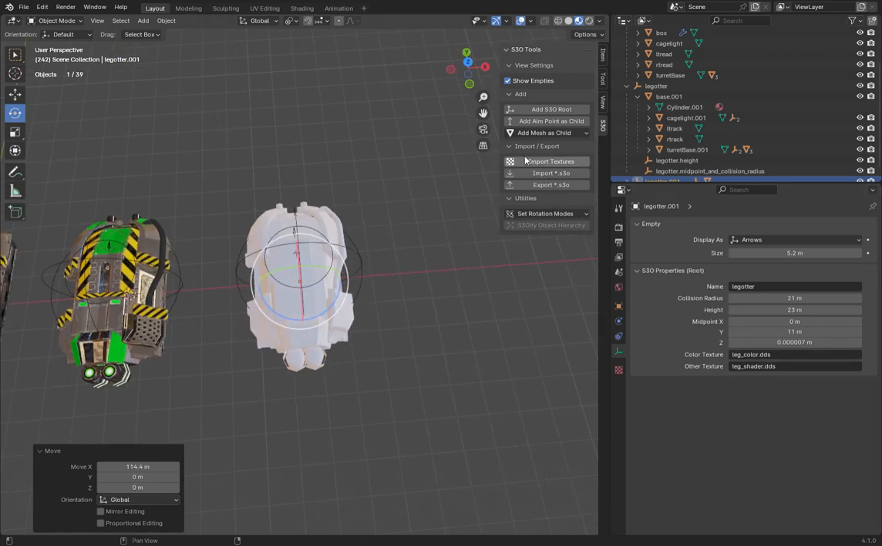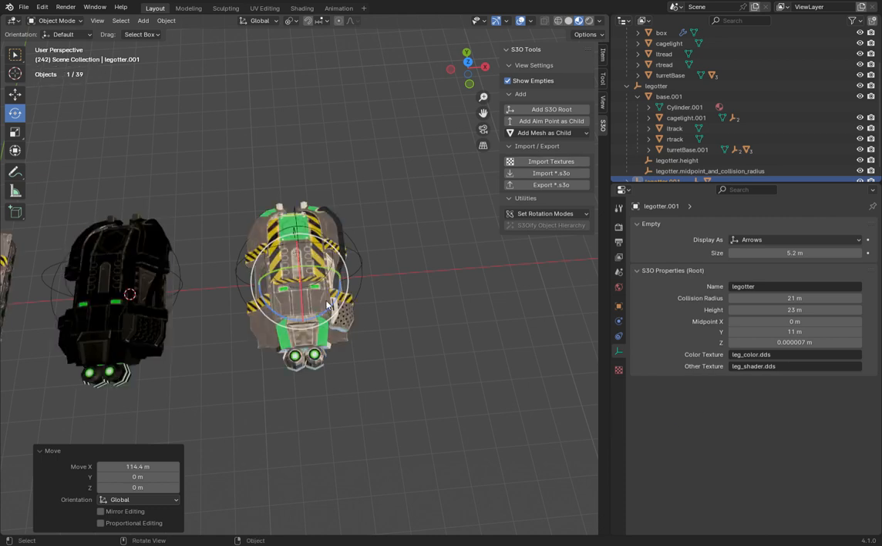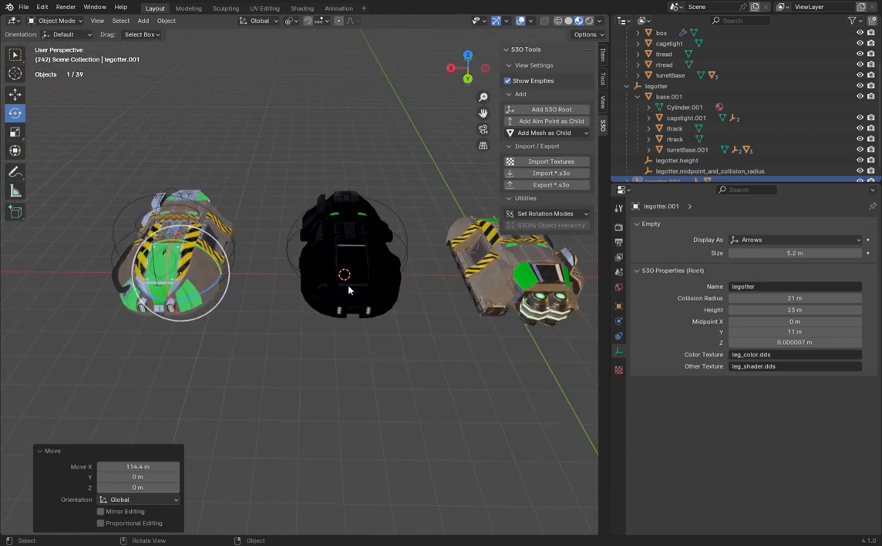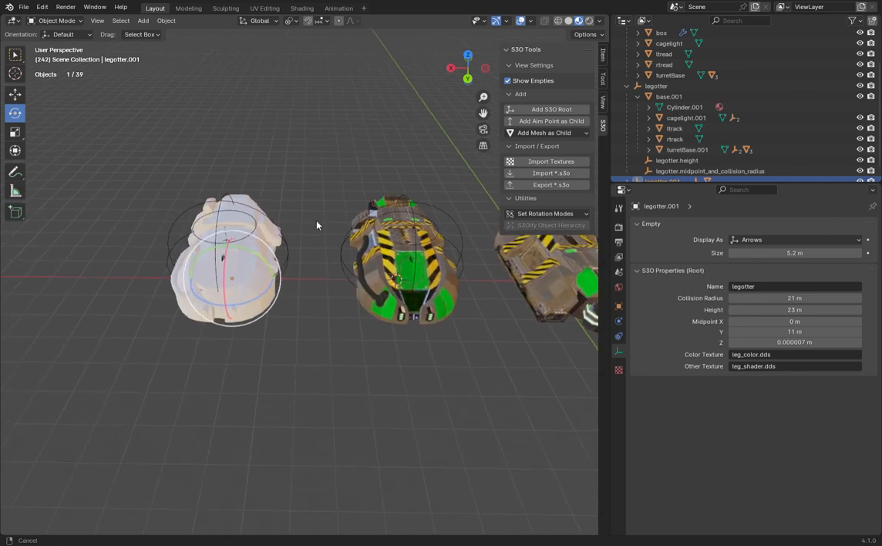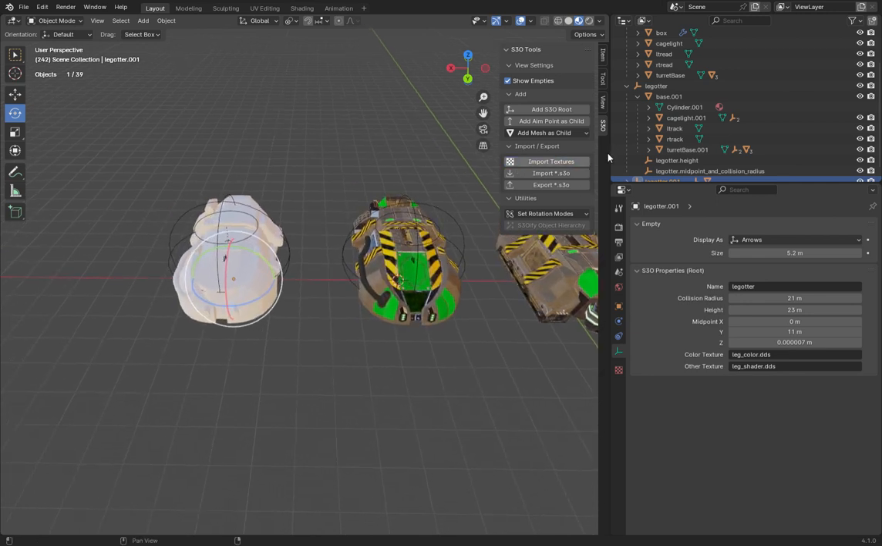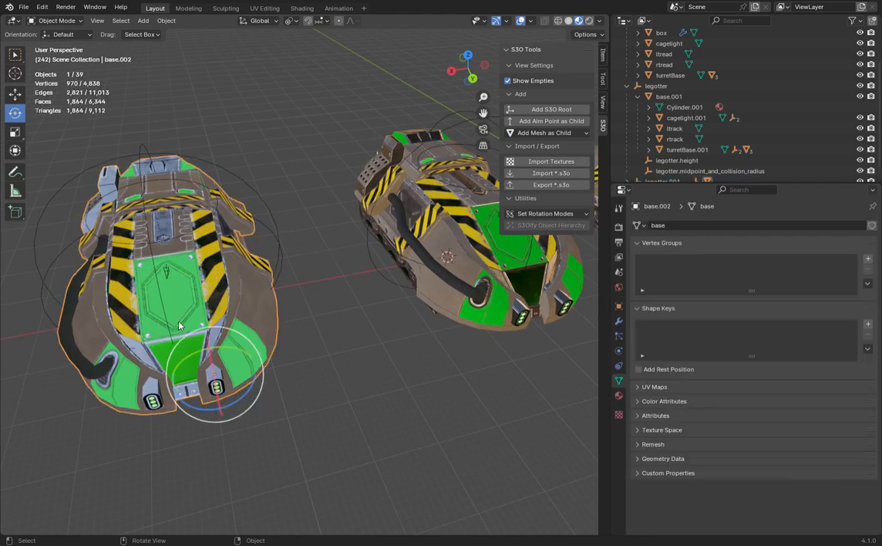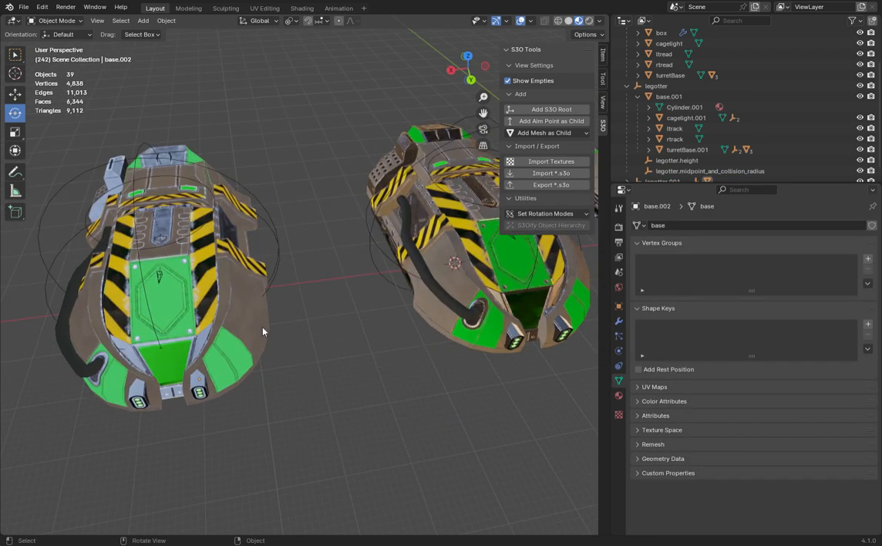Well, with these set, we can just hit import textures, go to where the unit textures live, and hit import. And there you go. It imported for all of them, which I didn't actually want, so I'm gonna untick that. There we go. And why is this a different color? Don't worry. It's because